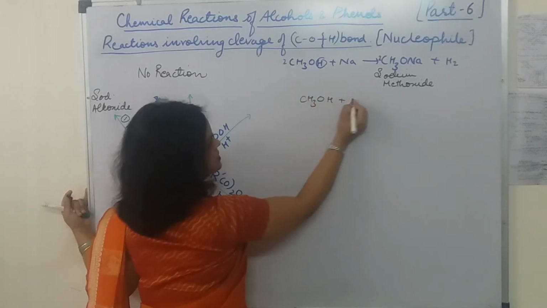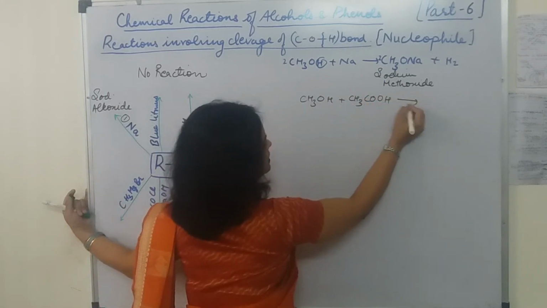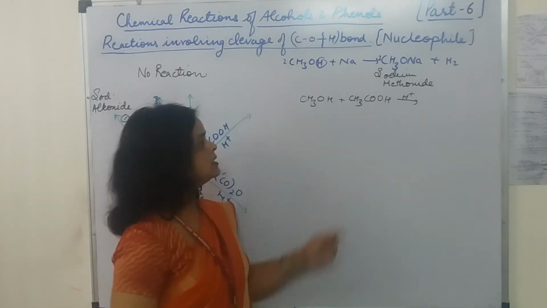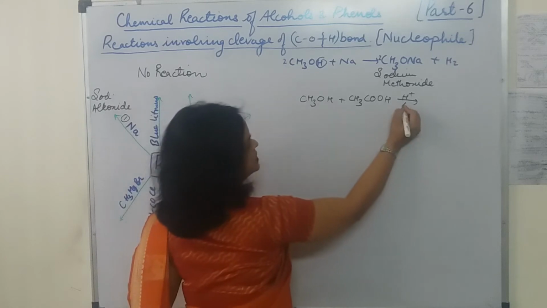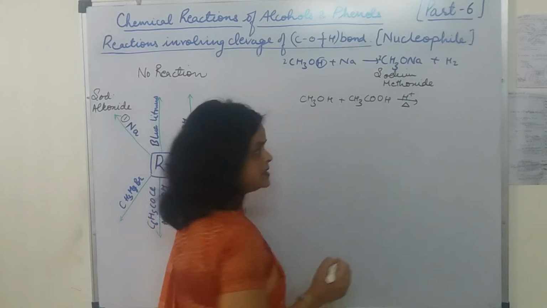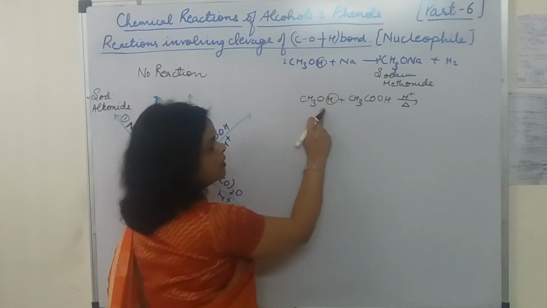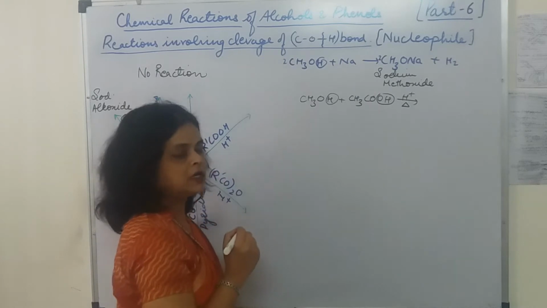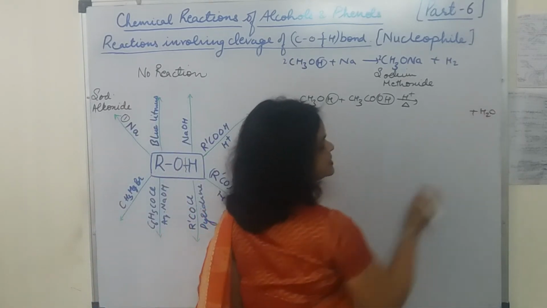Now, when they combine with acid, suppose here we are taking CH3OH and it is combining with CH3COOH in presence of H+. Whenever a carboxylic acid combines with alcohol in the presence of acid, where it is warmed, then we get the ester. How will you write down the product? It is very important. The H of alcohol combines with the OH of the carboxylic acid part, and you will get H2O as a side product.